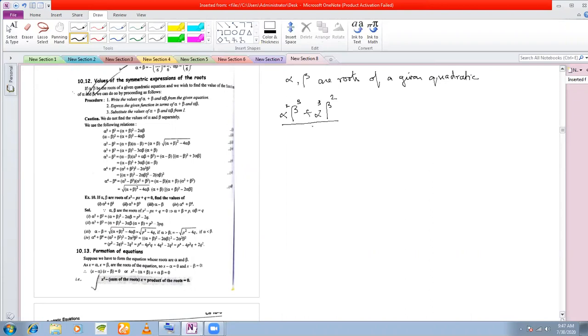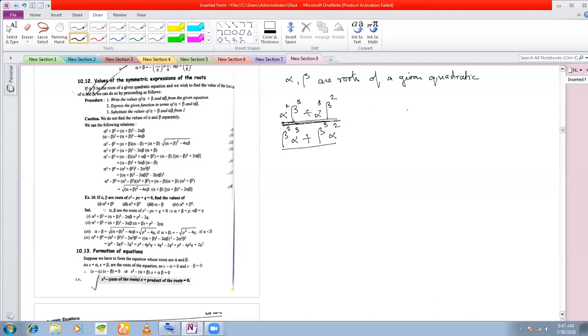Then how do you find the value of this function? For the function to be symmetric, what do you mean by symmetric? It simply means that if you interchange alpha and beta in this function, the function remains unaltered. For example, here in this function, if I interchange alpha and beta, what do I get? Beta square alpha cube plus beta cube alpha square. See, this is the same as this, isn't it? You agree? Yes, sir. So such functions are called symmetric functions.